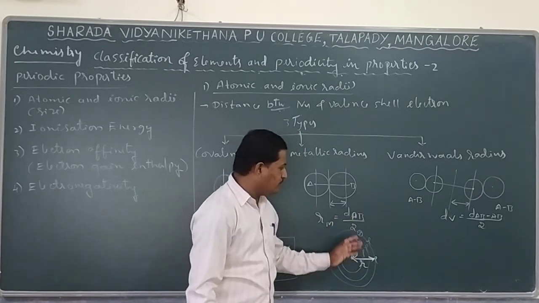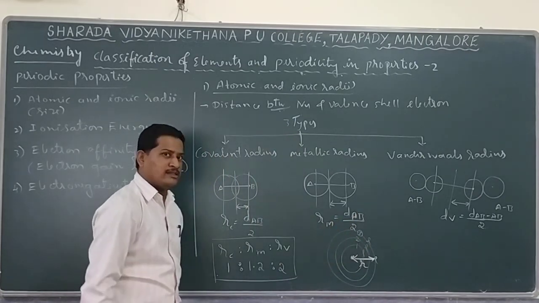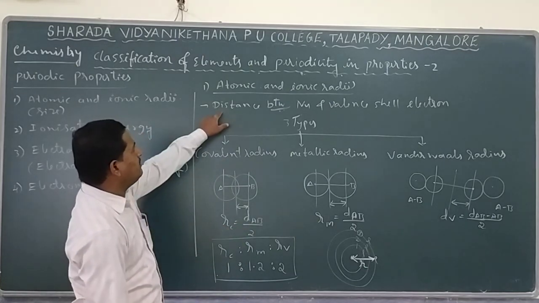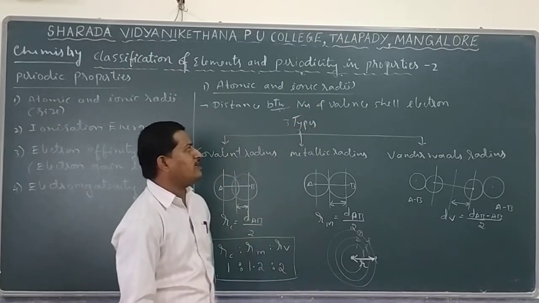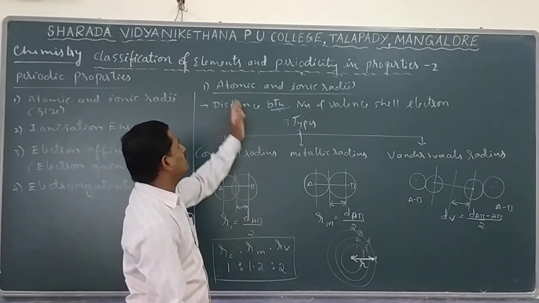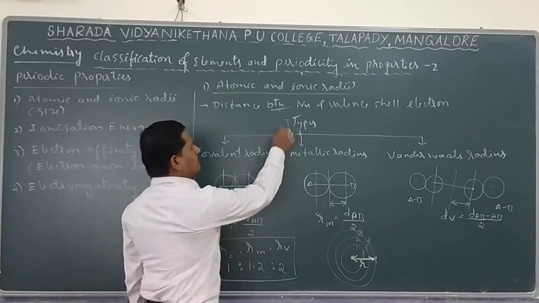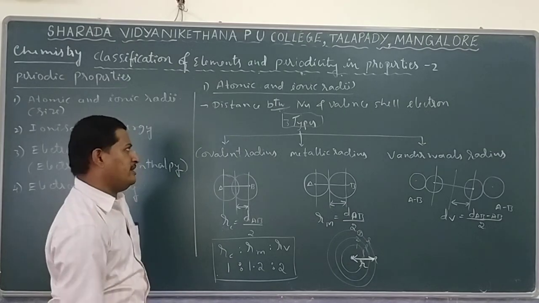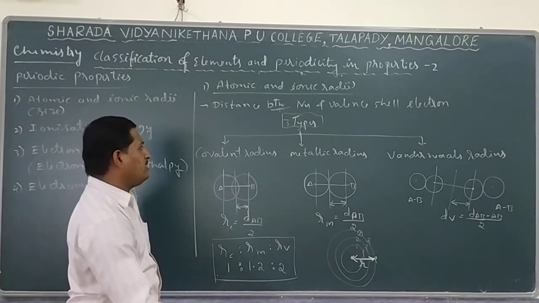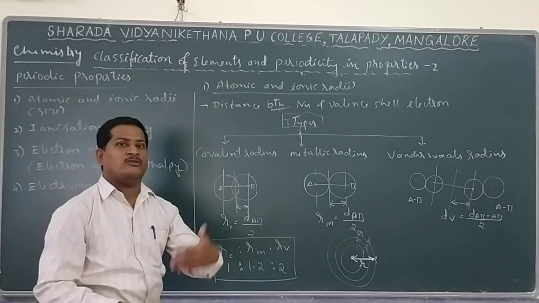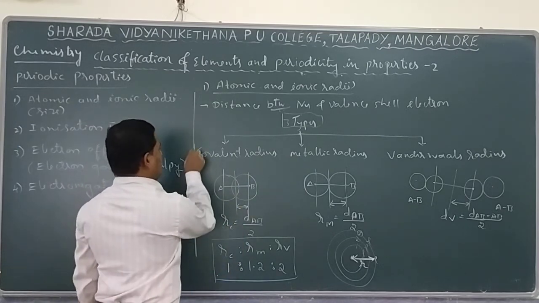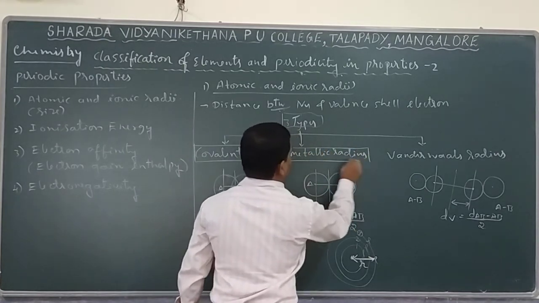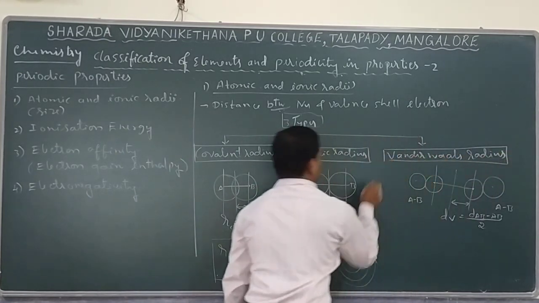So from a lone atom it is not possible to measure, but in the presence of a molecule it is possible. Basically the distance between the nucleus and the valence shell electron present in an atom is atomic radius. There are totally three different ways we can measure the atomic radius. All of those are in a combined state, meaning atoms are combined with another atom or the same atom. The three radii are covalent radius, metallic radius, and van der Waals radius.